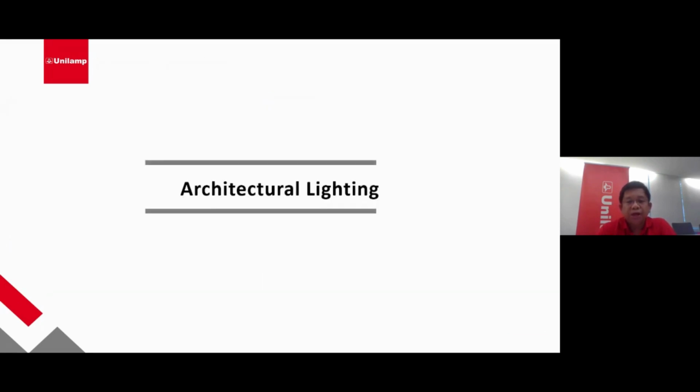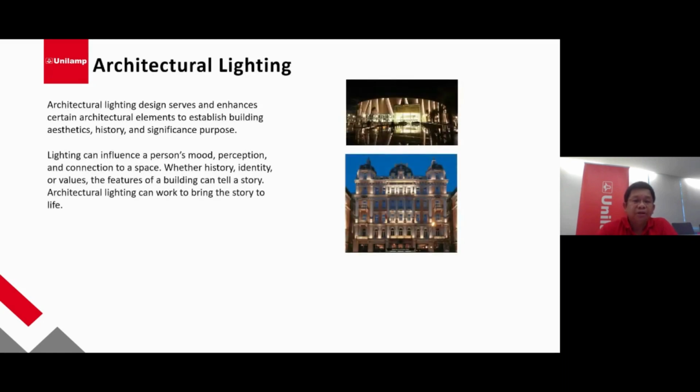So I go with the architectural lighting. Architectural lighting is to enhance architectural elements, buildings, aesthetics, and also out of this architectural lighting, you can also revisit the history. You can enhance the building, how long it's been existing in a certain area. So you can also give significance to remind of the history. And also the people's mood as well. You can have perceptions and connections to the